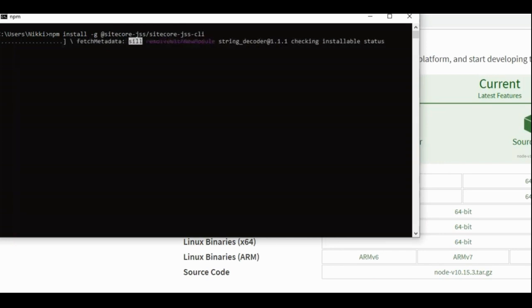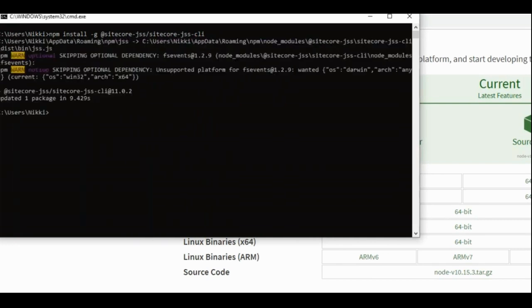It will deploy the Sitecore JSS client application. It has pretty much deployed. I'm checking the version of JSS. It's 11.0.2, the JSS version I'm providing.